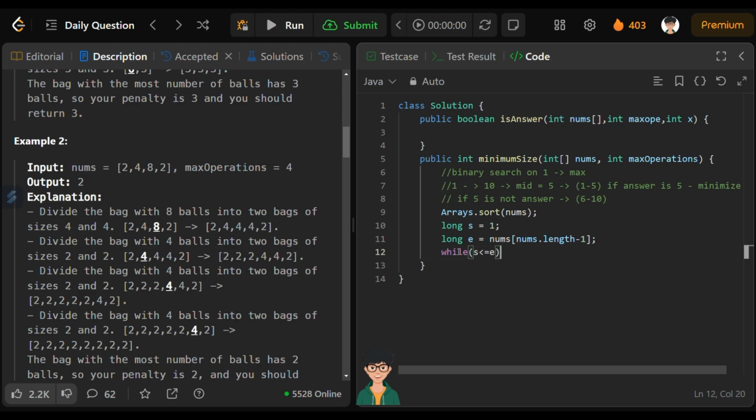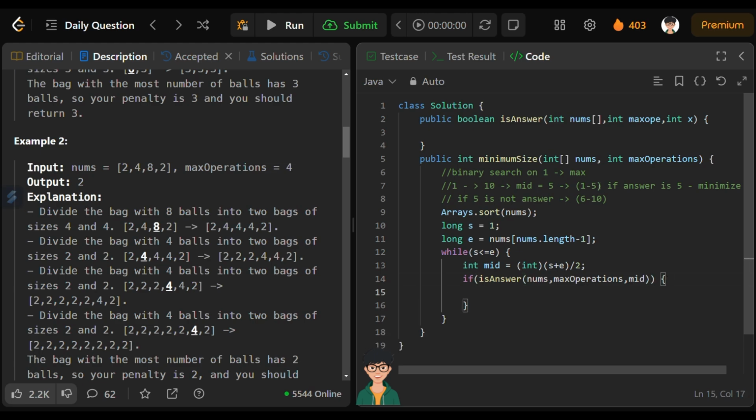Start is less than or equal to end. Okay, so int mid is equal to s plus e divided by 2. Now I will call the isAnswer function for checking whether mid can be the answer, so nums, max operations and mid. If mid is the answer, I will call for the elements which are less than mid. So I have to go left. So what I will do is end equals mid minus 1,